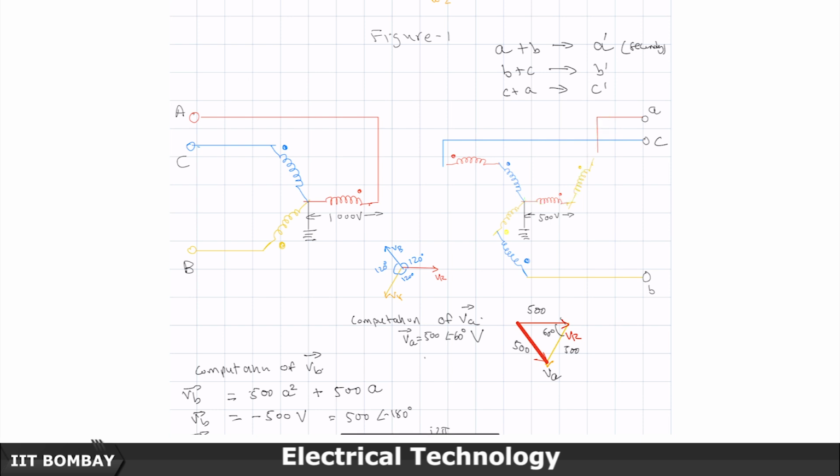Only one current can flow here, but IA dash and IB dash, if they are non-zero, are 120 degrees apart. So, how can this same series current become 120 degrees apart and start flowing from here to here? That is simply not possible. If only it is 0, then it does not matter, the 120 degree phase shift does not make any difference to it. So, we come to the conclusion that in this series connection, if I connect 3